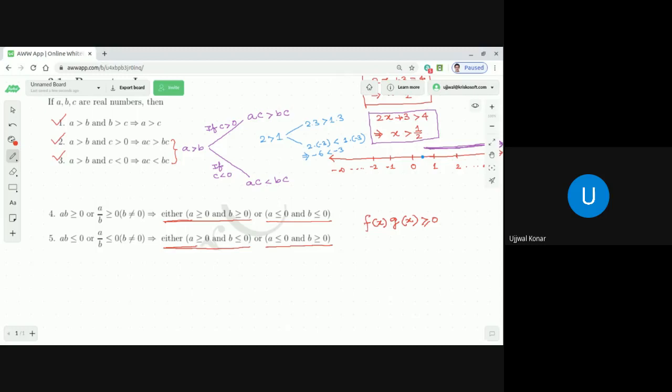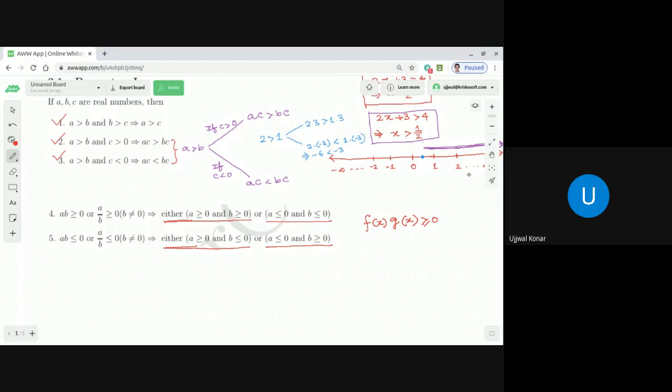So when you see two expressions given as a product form as greater than equal to 0, first you decide, oh, both the expressions could be greater than equal to 0 or both the expressions should be less than equal to 0. Similarly, if you see f(x) into g(x) is less than equal to 0, then what you should conclude? Either f(x) is greater than equal to 0 and g(x) is less than equal to 0, or f(x) is less than equal to 0 and g(x) is greater than equal to 0. Correct, no, dear students? Yes.